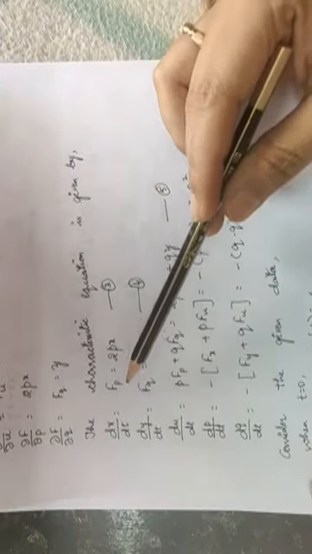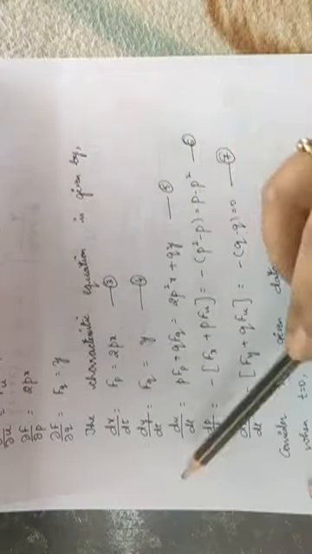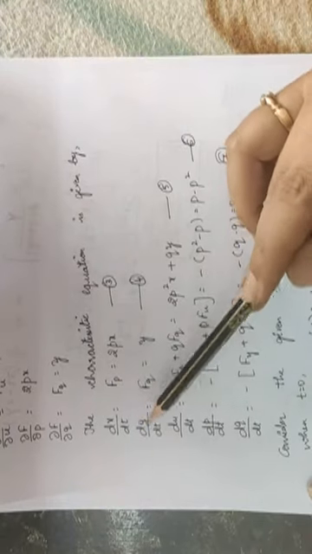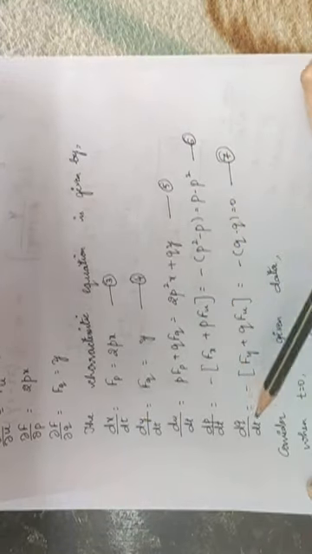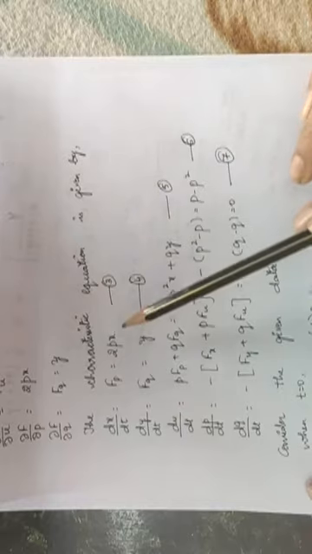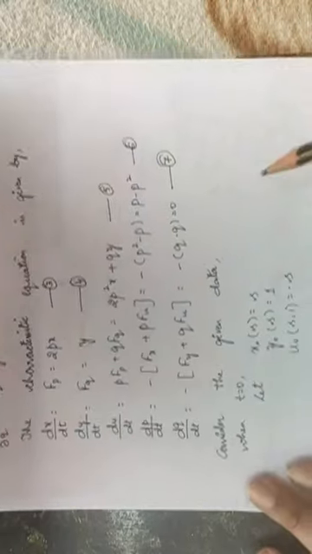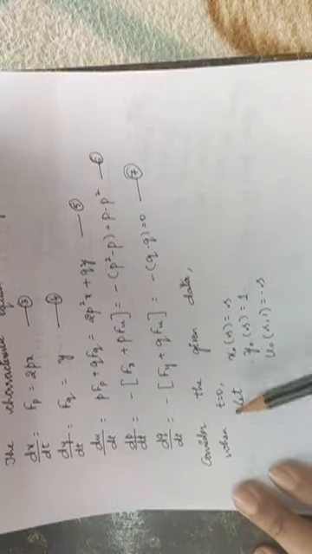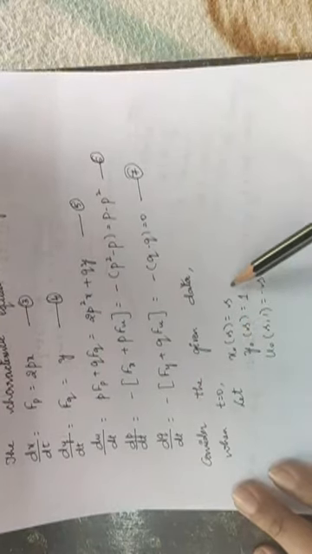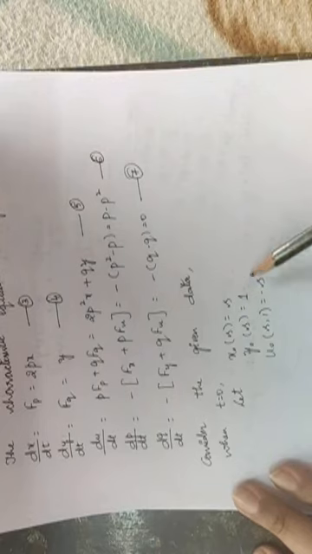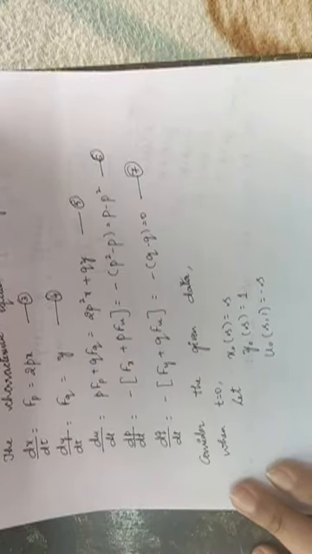So here these all are your characteristic equations: dx by dt, dy by dt, du by dt, dp by dt and dq by dt. Simplify everything, you will get these values. Now from the given data, when t is equal to 0, x naught of s is s, y naught of s is 1 and u naught of s comma 1 is minus s. Till here there will be no confusion.